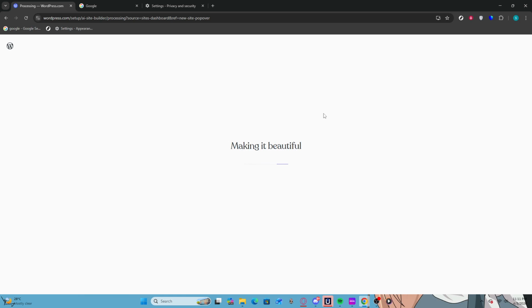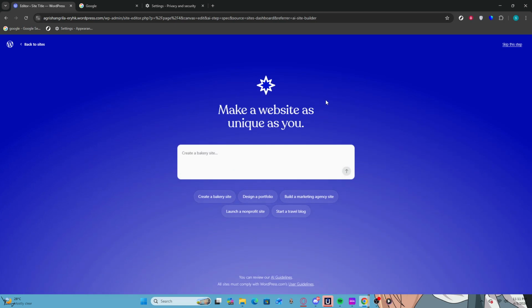After that, you will see a section titled Laying the Foundations. Click on this option to proceed. This step is crucial as it sets the groundwork for your website's structure and functionality. Once this appears, you may need to wait briefly for the AI to load the necessary resources. During this time, you will see a loading indicator animation, which confirms that the system is preparing to assist you